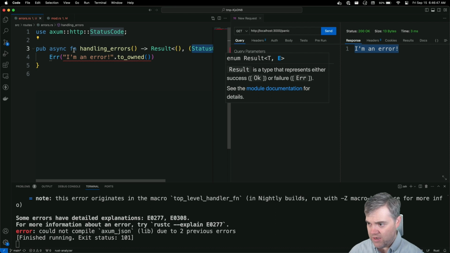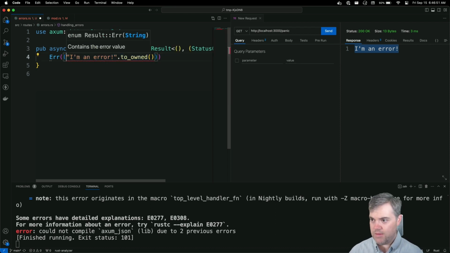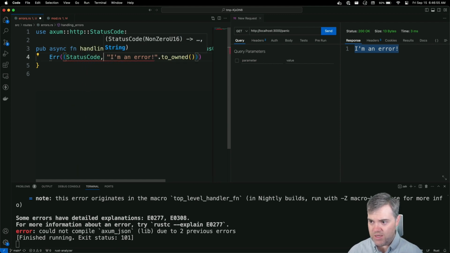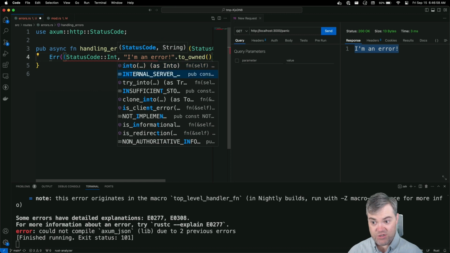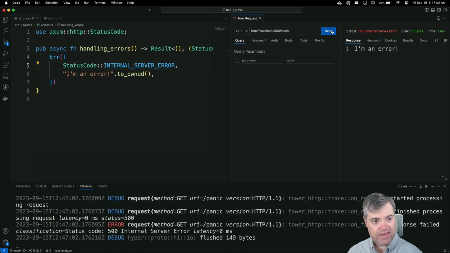So you now have to turn into a tuple type. We'll do a status code of, let's say, internal server error. If we save that, now we get the 500 internal server error and "I'm an error". Okay, so now we're starting to get someplace. We're returning an actual error.